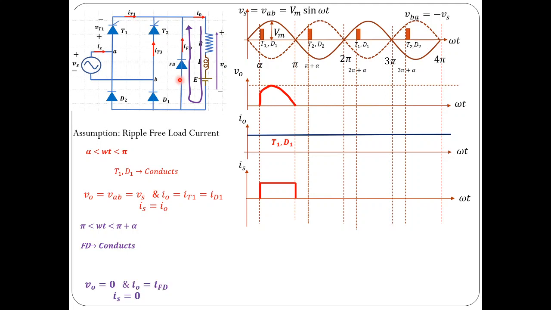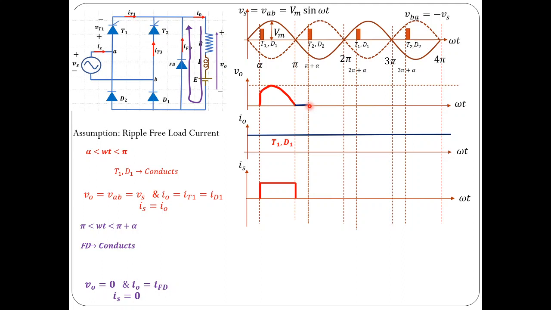And coming to the current through load, that is the same as freewheeling diode current. And I assume that load current is ripple free, so the same current would flow through the freewheeling diode also. Of course, it is not shown here, but please note that current through the freewheeling diode is the same as the load current, which is almost constant. And what about source current? None of the thyristors that are connected to the source are conducting. So source current here is 0 during this period. So that is what is shown graphically here.